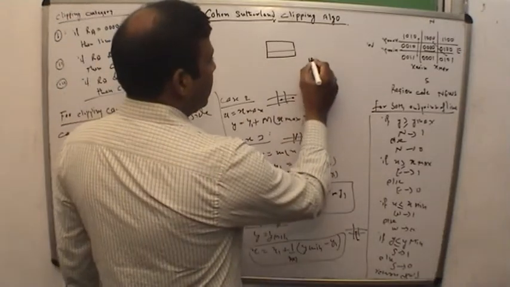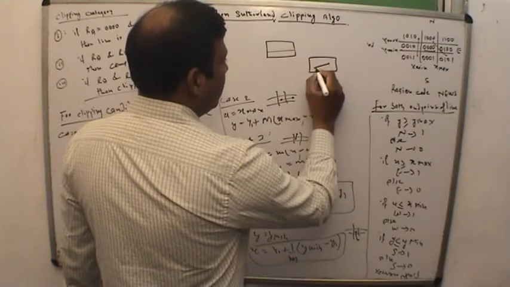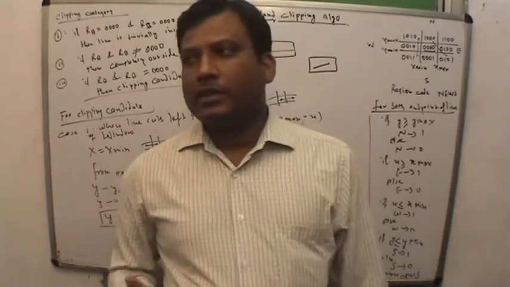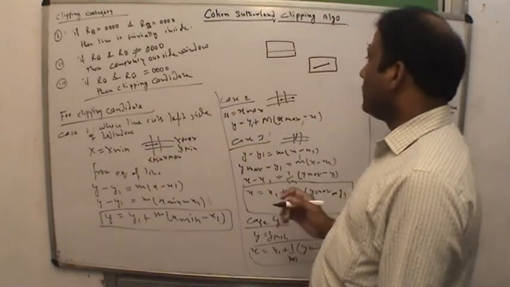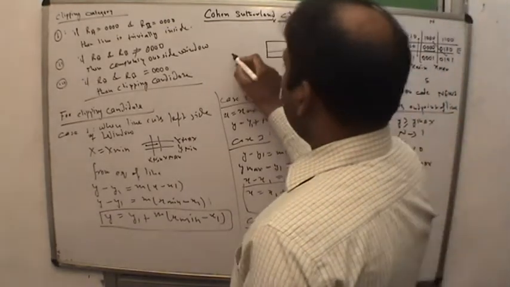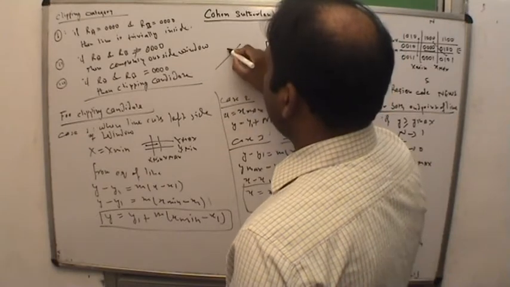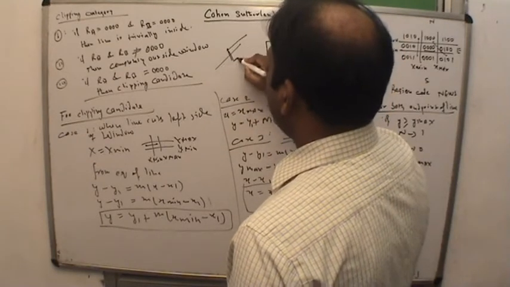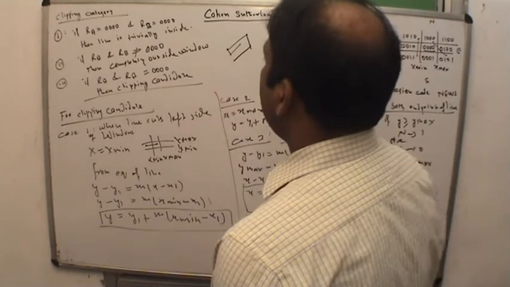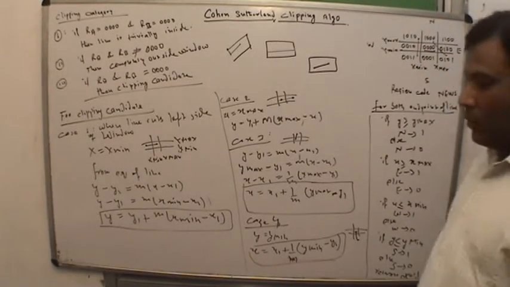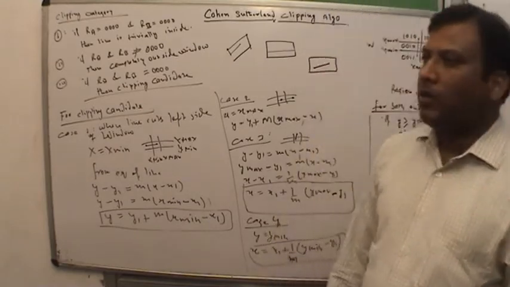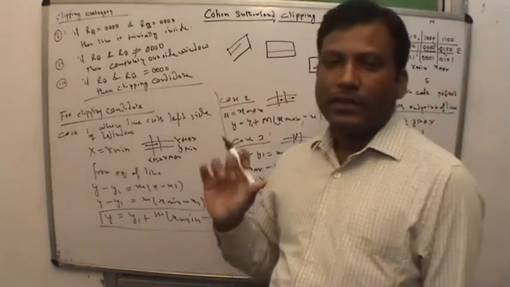If an object is in the clipping window, then the line is trivially accepted, and if it is outside the clipping window, it is trivially rejected, because this line is outside the clipping window. If the line is this and the clipping window is set at these positions, the line looks like this. So we are going to study the Cohen-Sutherland clipping algorithm, how the line is going to be clipped when we set the clipping window.